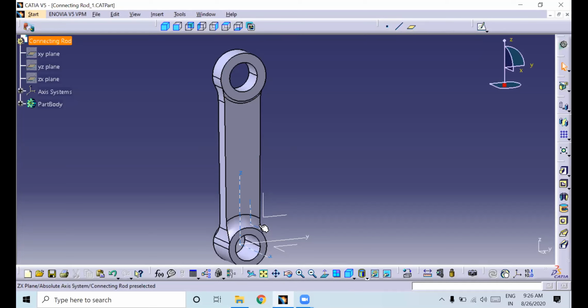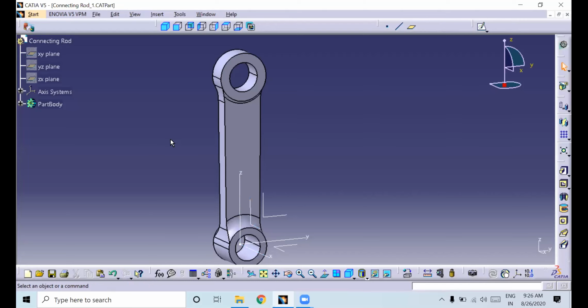I will show all the things here: how to conduct static structural analysis, how to conduct modal analysis, how to conduct buckling analysis, and what are all the parameters you have to consider to find out buckling analysis. Then I will show you how to optimize the design. We can optimize the material, the design, and the weight, as per your requirement.